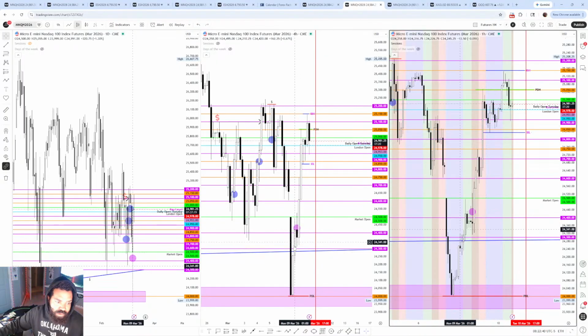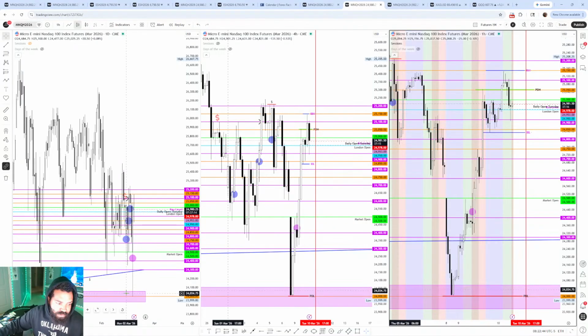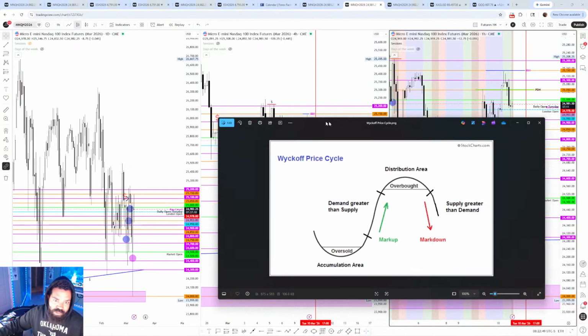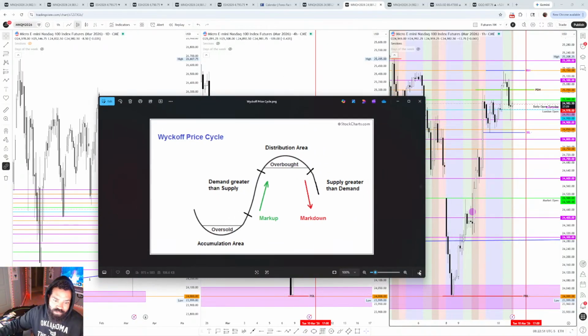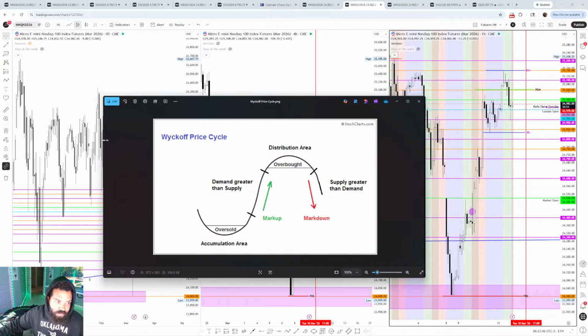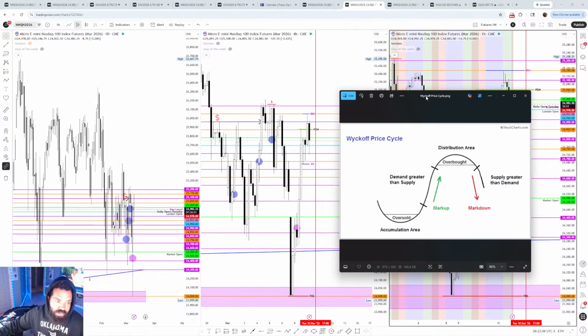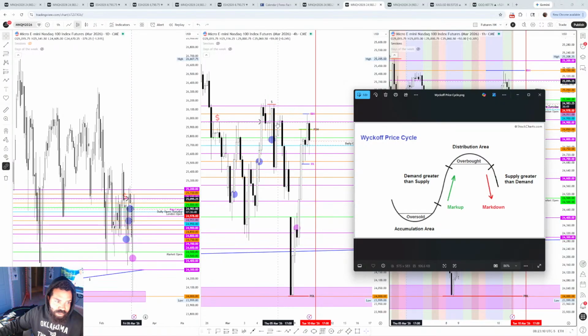And so coming off of what I call a raid on liquidity on those lows, to rally that fast back up. Essentially, I'm looking at the markets like this. You're coming from an accumulation area where price was oversold, and they drew on that liquidity to where price made a higher high, higher low, higher high, higher low, and marked up. To me, when you look at a 4-hour area, it looks more like we're inside of where price distributed before.